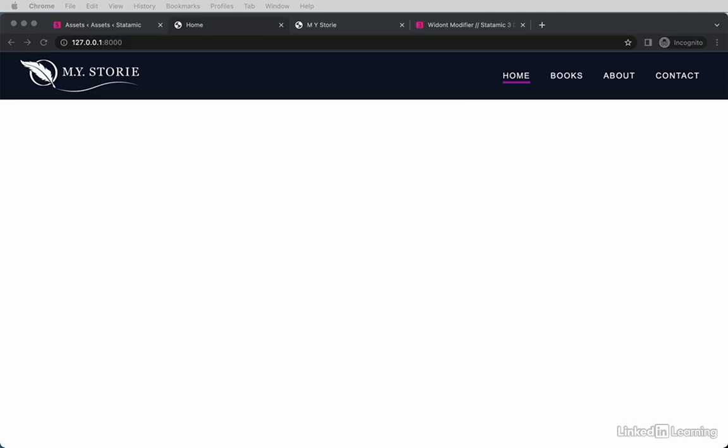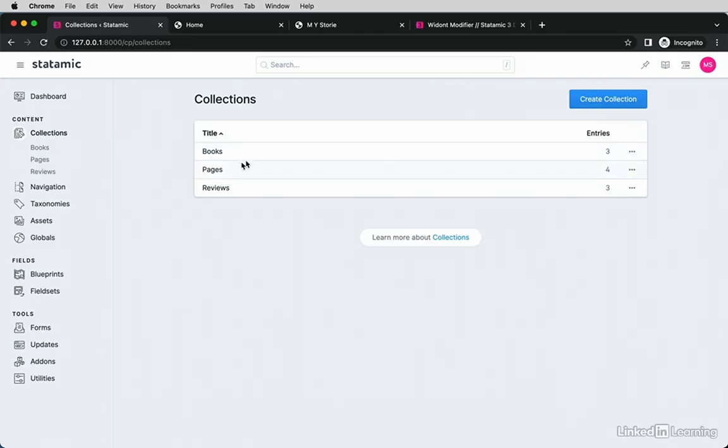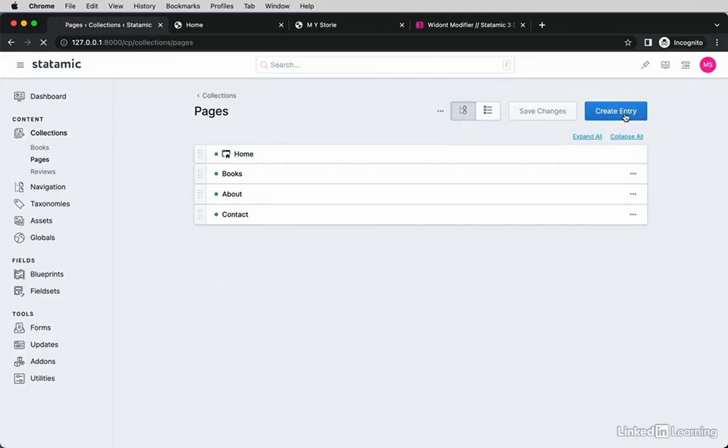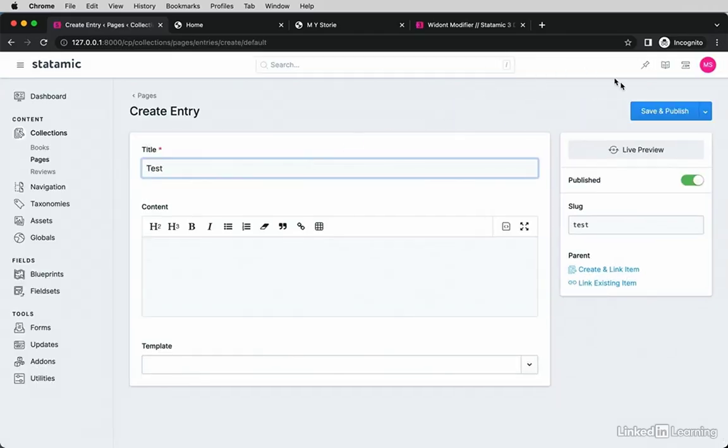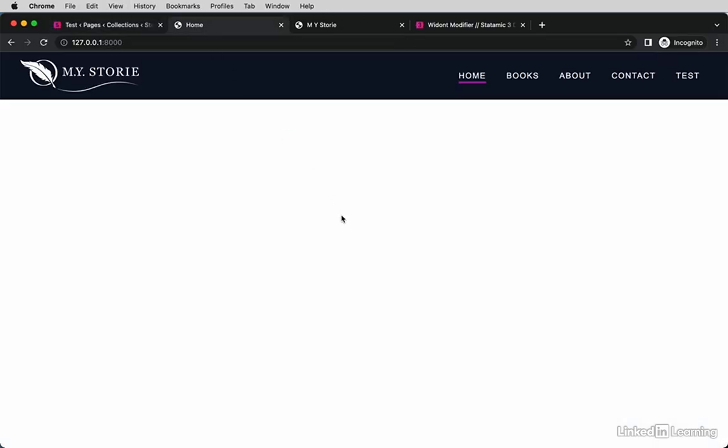Imagine we had some pages that we didn't want to display in the navigation. Let's create a test page quickly. Back in the control panel, I'll create a page and give it just a title, a test title. Save the page and view the website in the browser. Now, if I refresh the page, you'll see that we have the test page added to our navigation, but that's